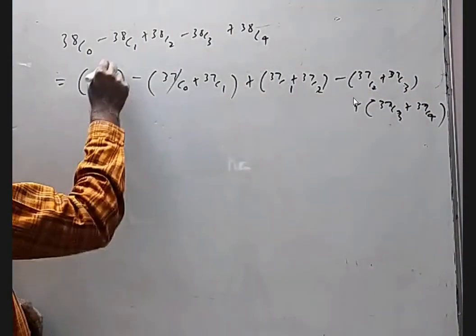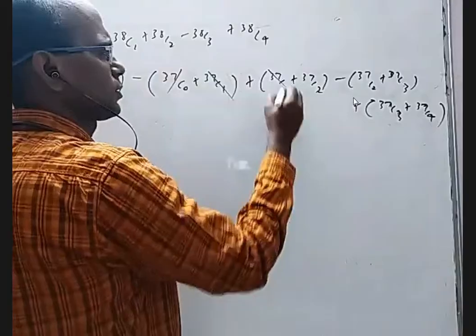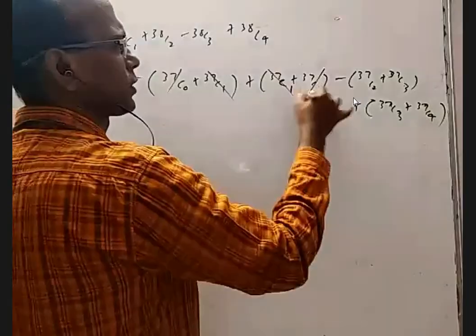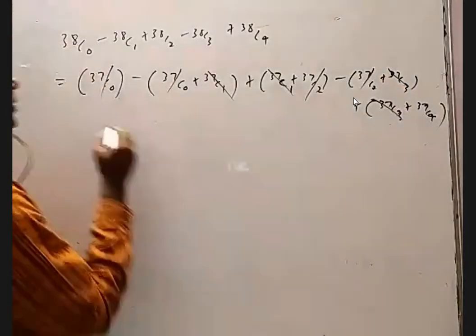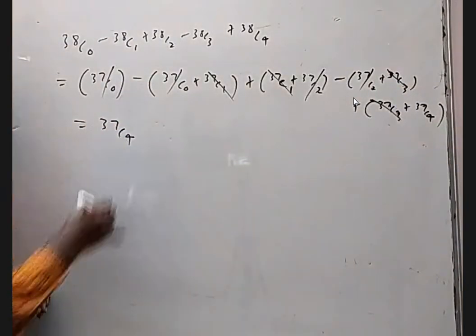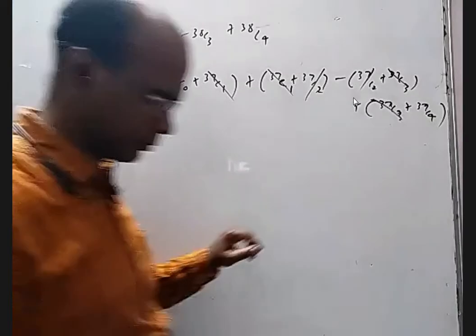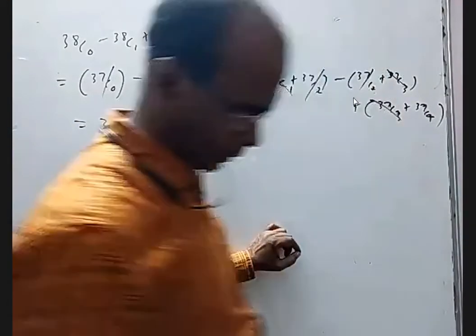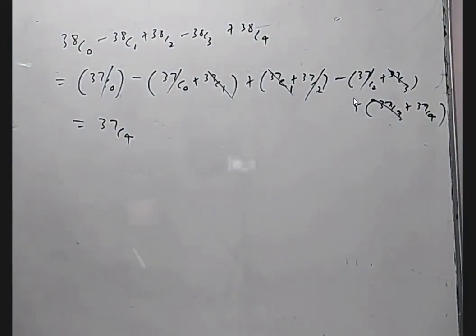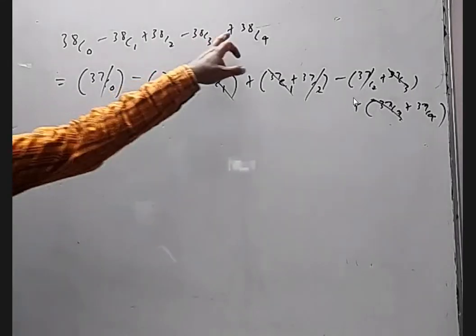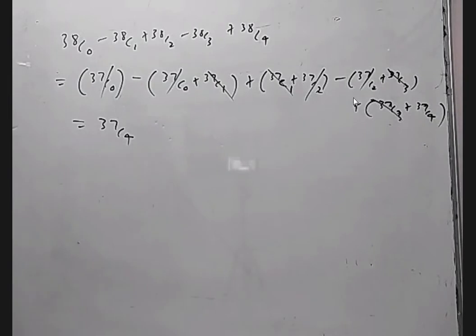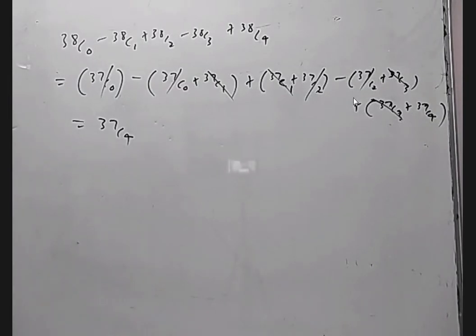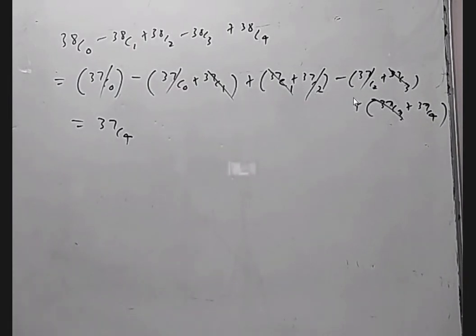These two are the same, they'll cancel. These two are the same, this will cancel. These two are the same, this will cancel. These two are the same with opposite sign, they will cancel. We'll be left with 37C4. You remember we did some question like that? Yes, sir. Now option D is also the same as this, but at the last, instead of plus there is a minus. So the answer will not be 37C6, it will be minus 37C6. Because of that, option D is not true.